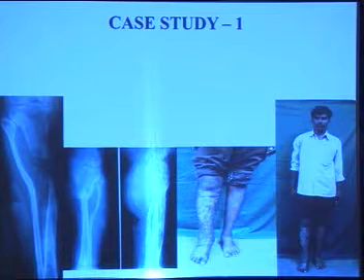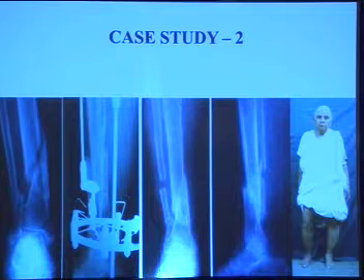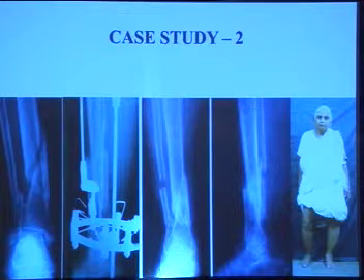on the fixator, and at the same time a corticotomy is done here to restore the limb length. And this is an old lady with a simple non-union and severe osteoporosis. In such cases you can do mediolateral compression or, at the same time, oblique compression. You see, after union the osteoporosis has come down.